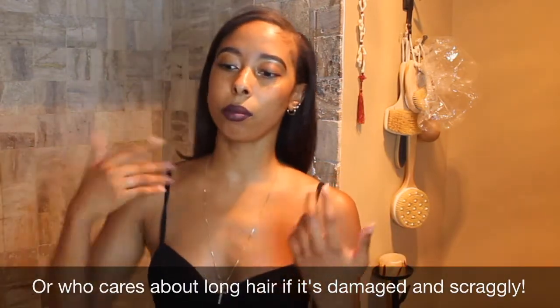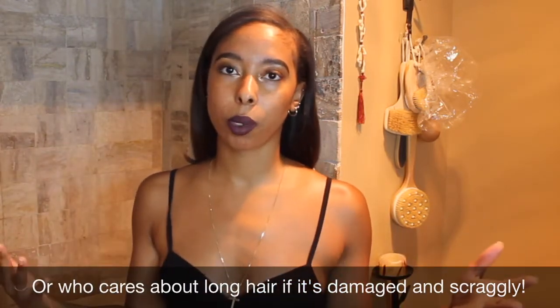So I grew up kind of knowing that, but you also kind of grew up knowing that you want length. So it's like that constant battle of not knowing which one to choose, or trying to have a nice balance between growing your hair long and still cutting it off. I got my hair pretty long. My hair was past my bra strap,